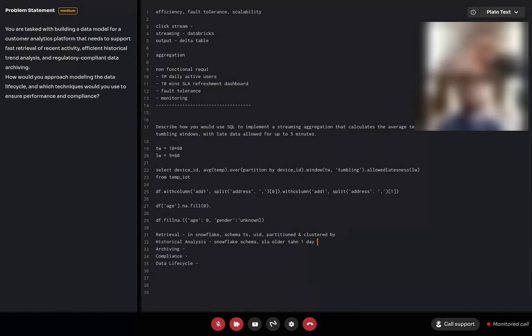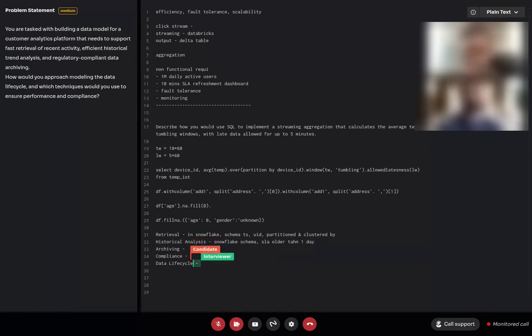The data from the retrieval schema can be transferred to the historical schema. There, we can usually cluster the data on the most frequent columns which we are using in the where clause or joining columns.